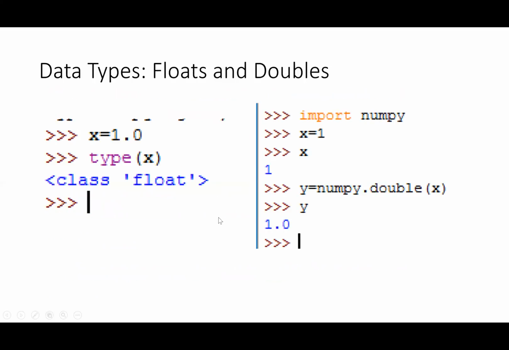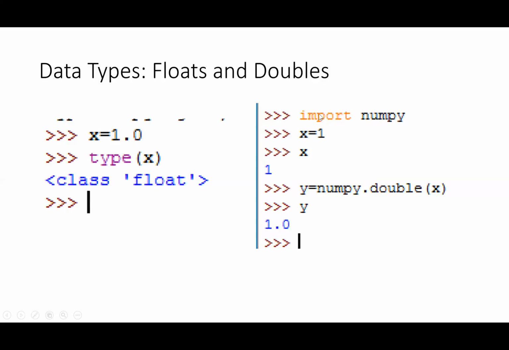Floats and doubles. If I want a float, it's quite easy. Instead of just typing x equals 1, which would assign x the integer 1, if I type 1.0, it now becomes a 32-bit float instead of a 16-bit integer. And Python just works this out from the decimal point. If I use the function type, I can see that when I put this in at the command shell, it returns it is a member of the class float,